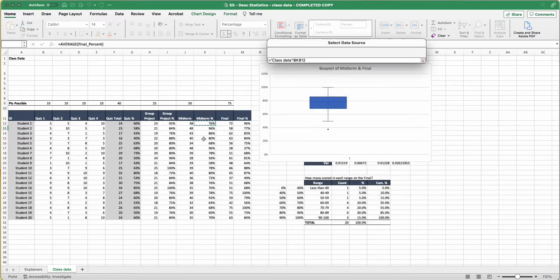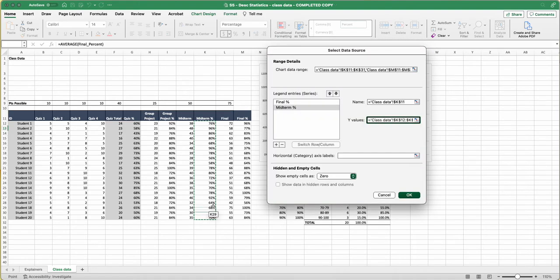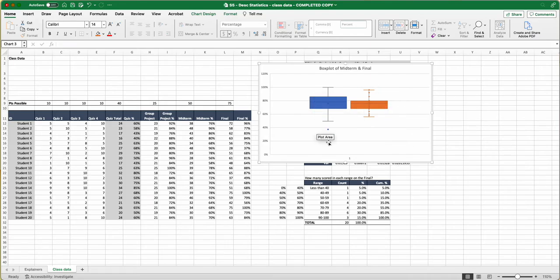And now we can go in and just highlight under midterm percentage there and make sure we grab everything. And so you see that it has equals my class data, which means down here at the bottom, this is the sheet that you're doing, because you could have brought in information from another sheet. So that first name is the sheet that is coming from, and then where it's coming from is K12 all the way down to K31, which you can't see right there. And go ahead and click OK, and you see that we now have the two, the midterm and the final,